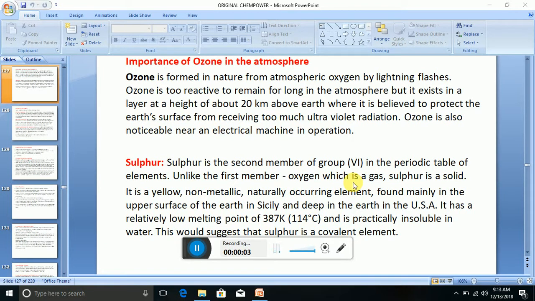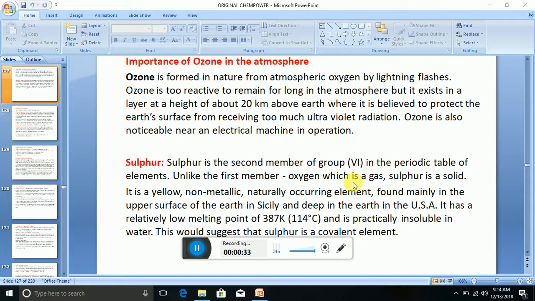Hello, welcome. Today we're going to be looking at sulfur and its compounds. Sulfur is the second member of group 6 in the periodic table of elements. Unlike the first member, oxygen, which is a gas, sulfur is a solid. It is a yellow, non-metallic, naturally occurring element, found mainly in the upper surface of the earth,